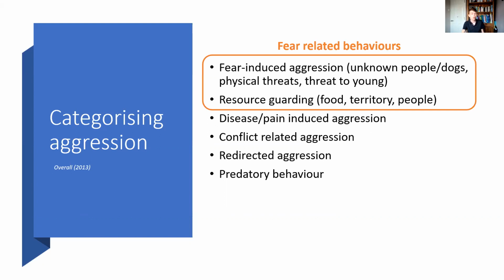The next form of aggression is disease or pain-induced aggression, and this is particularly when dogs that maybe have a bit of an anxious disposition already, or maybe are experiencing lots and lots of pain, start to become aggressive to, it might be their owners again, it might be unknown people, it might be other dogs, simply because again they are fearful of generally being hurt more or losing their life, because they're in a compromised position of suffering from disease or being in pain.